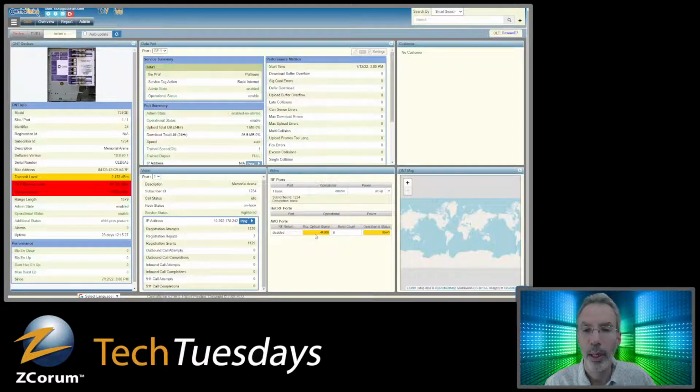We've got receive optical signal, and that's in a warning stage. It's yellow, so it's minus 0.800. Then we've got a burst count. I'm assuming that would be maybe burst errors. And then we've got operational status, and we've got down. So this is yellow for that.